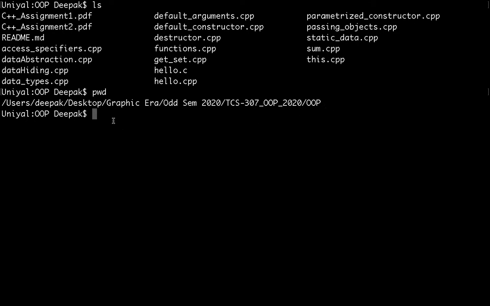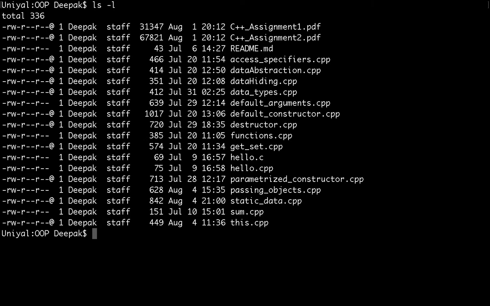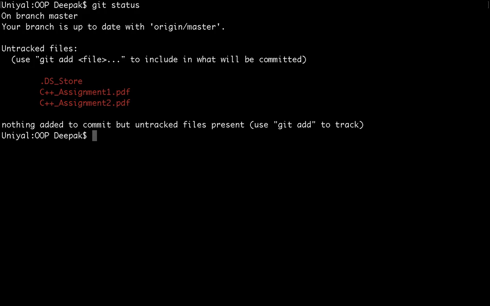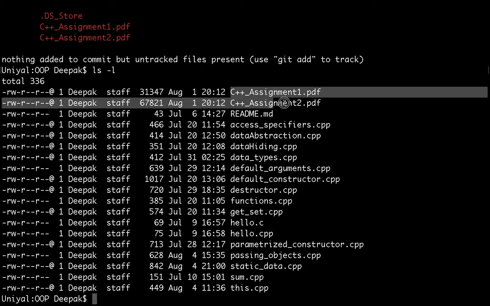All right, and if you look inside this, you have some files, and the first entry is dash. That means all these are normal files and there is no directory here. If you check git status at this moment, you will see that we have two new files which are not pushed. Okay, so what I have to do, suppose I have these files and all these are normal files, so you can create some directory for these assignments here.